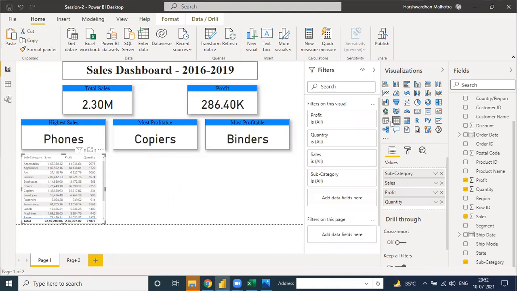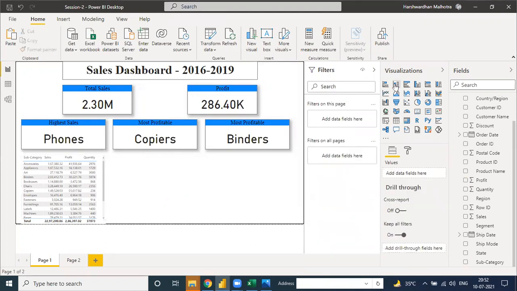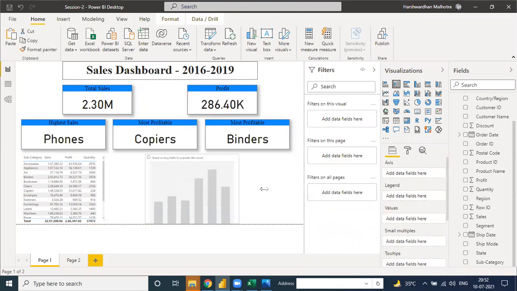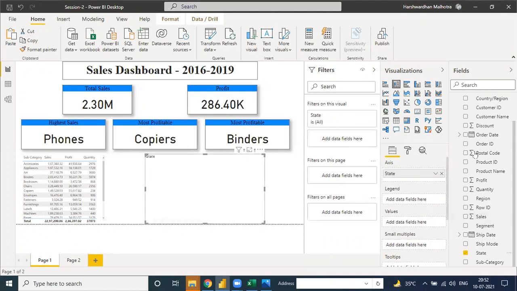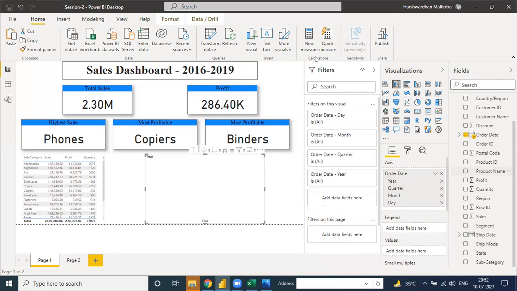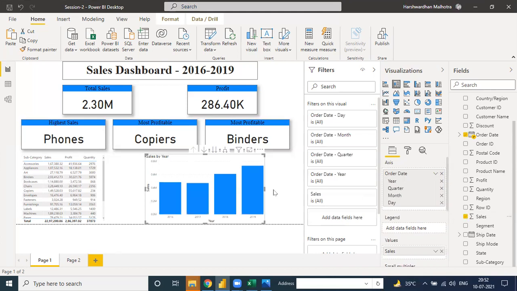Let me show you again one chart here. See, these are the chart. Suppose we need total sales, and suppose by click on the sales part. See, here is the total sales.